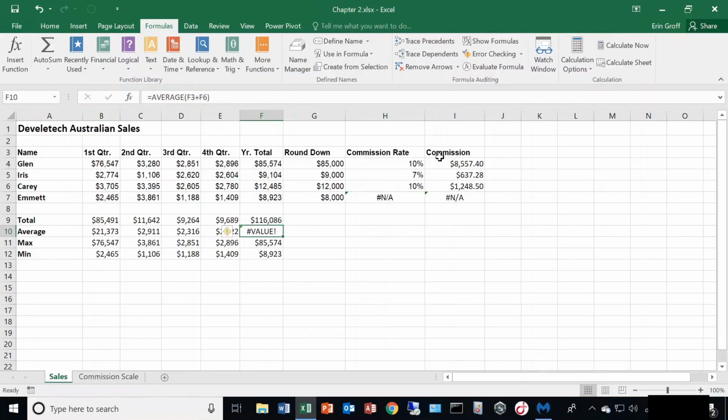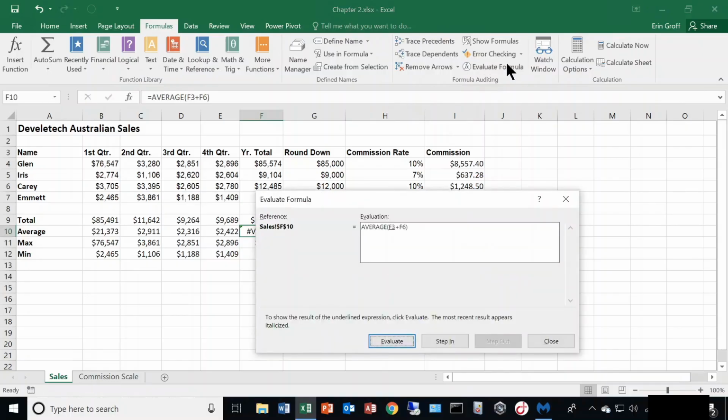How about this one? This is an error message. If we evaluate this, it shows us this is taking the average of F3 plus F6. So F3 is my first argument that it's going to evaluate. F3 actually has the text of year total. So now it moves on to evaluate what F6 is, which is